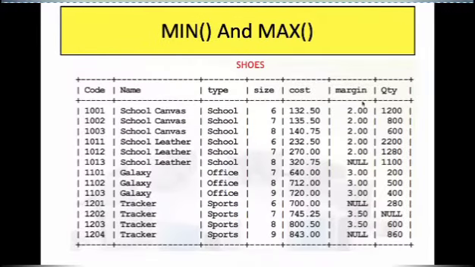We'll be doing all the queries based on this shoes table, in which the columns are code, name, type, size, cost, margin, quantity. All the examples will be based on this shoes table. Cost has the cost of all the shoes, names of all the shoes, types of all the shoes, quantity, margin. Margin is in percentage.